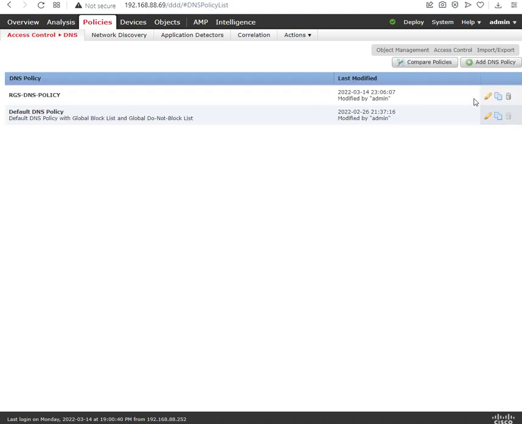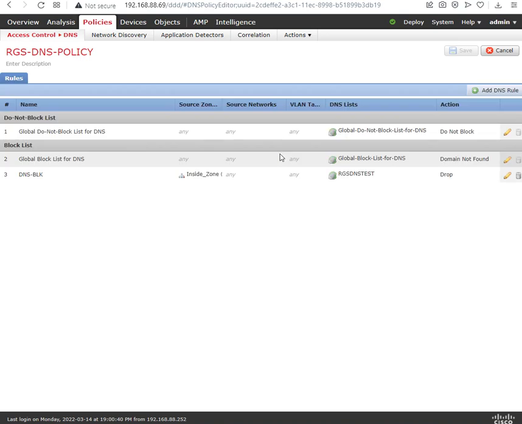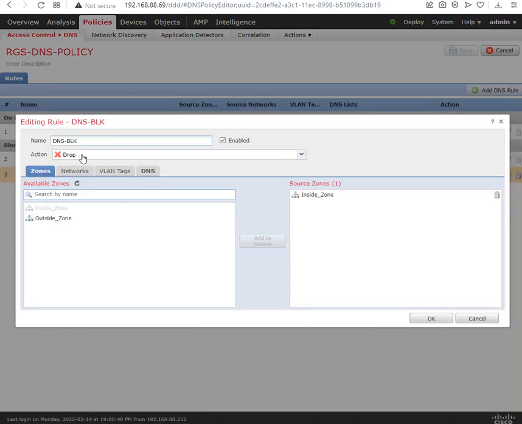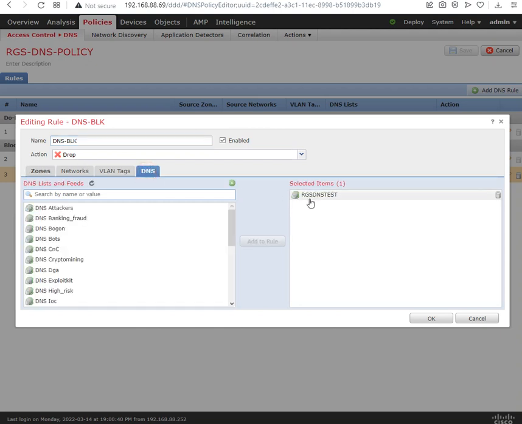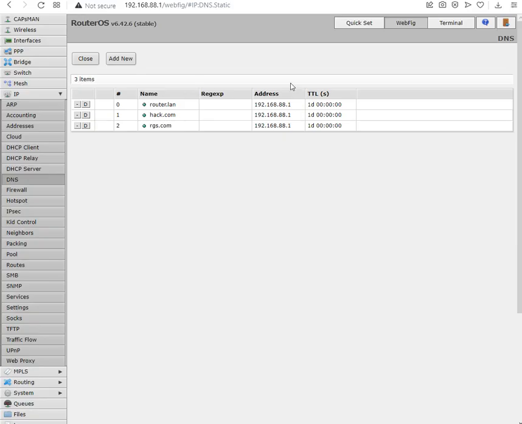This is my DNS policy. Name of it is DNS block with an action of drop inside zone, and DNS list is RGS DNS test containing 2 entries for DNS with DNS entries of hack.com and rgs.com. Both of these are blocked, so I will create another entry over here